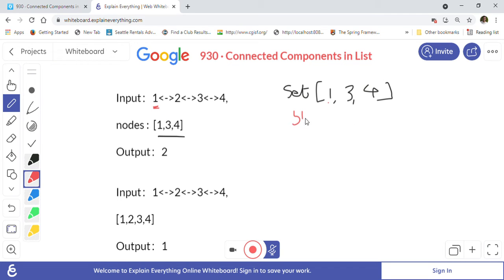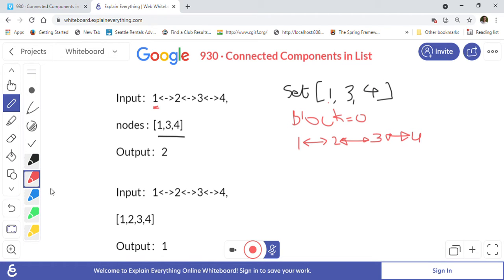So we will keep a variable called block, and we will keep incrementing it. Block will be 0 in the beginning, and when we see a new block, we will add one. For example, we are at 1, 2, 3, 4, so let's take it here: 1, then, since this is a doubly linked list, 2, then 3, and then 4 here, because they are connected with each other like this.